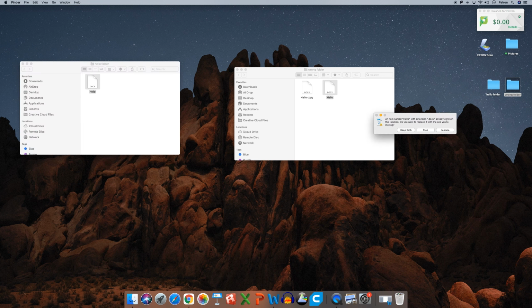So this is gonna pop up if you do that. It just says there's already a new one. The original was in there. Do you want to replace it? We don't want to do that because even though the documents both say hello on it, and it's just one word,